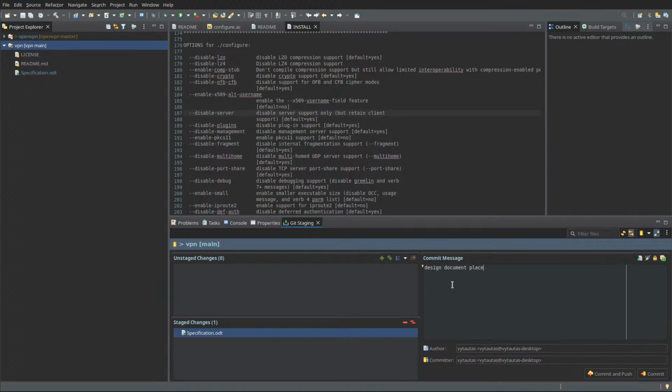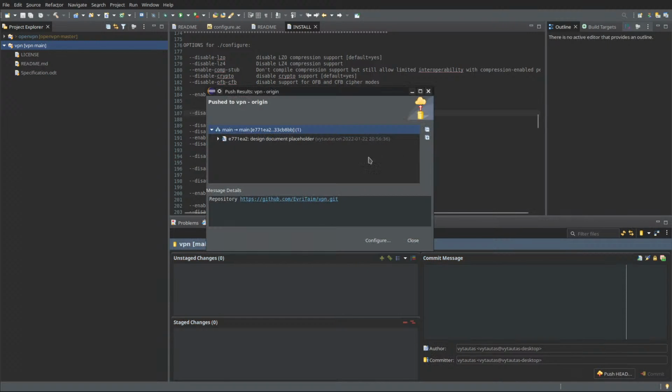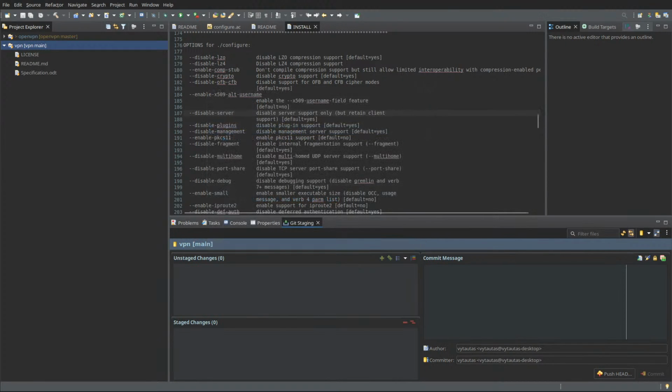Placeholder. Not really a document yet. Commit and push. So it will be available now on the Git. So you can actually try connecting to the Git repository, getting these files, and committing your own changes. That would be interesting to see if you manage to do that. Hopefully you can. I'm not sure.